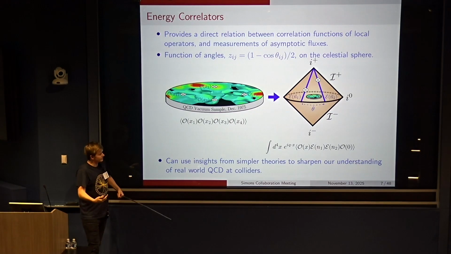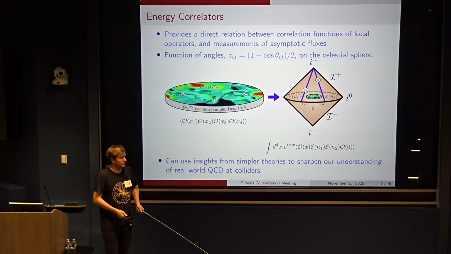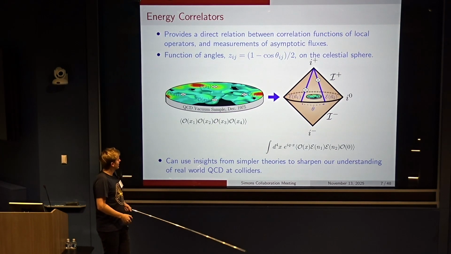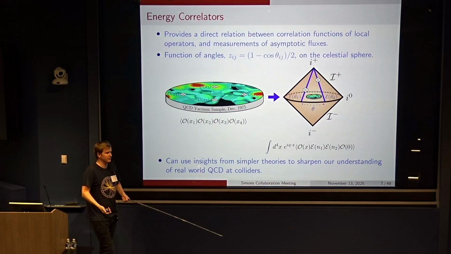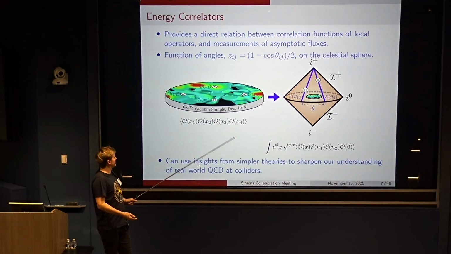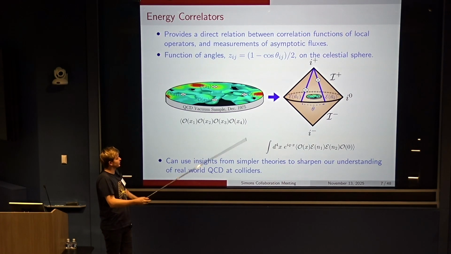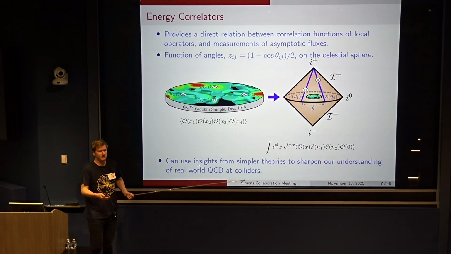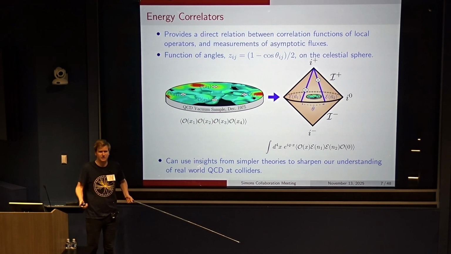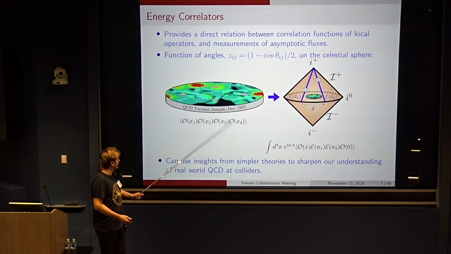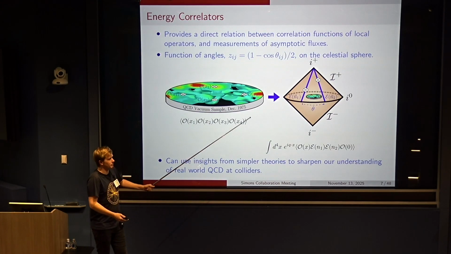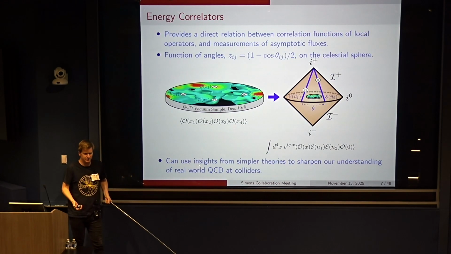OK. And so this kind of had two very nice impacts on the field. So the first is that just at a practical level, it enables us to use properties of these local correlation functions to compute observables which we can measure in collider physics experiments. So just from a purely practical perspective, this is extremely useful, and often these are much better understood than what we might be trying to do in collider physics experiments.